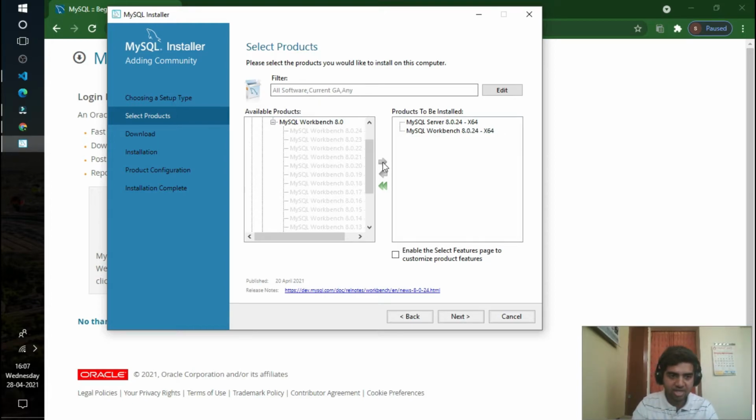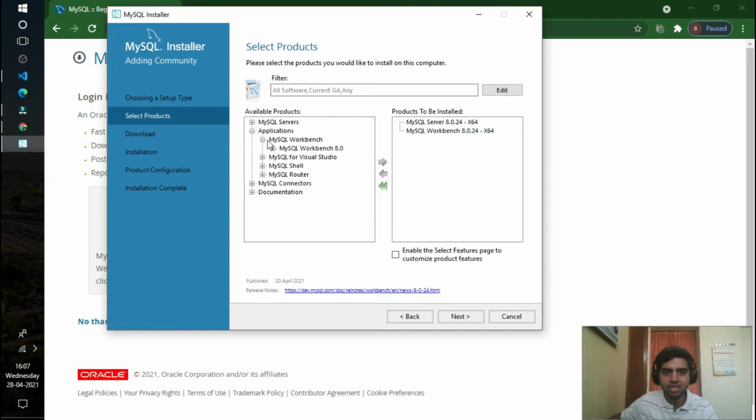It's actually a design tool, a place where you design your DB.